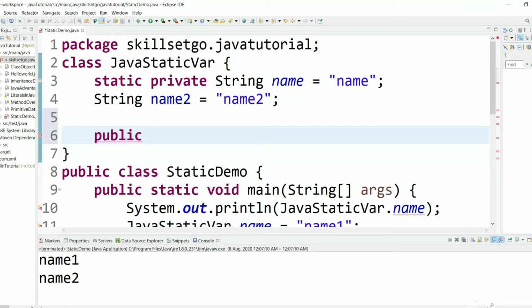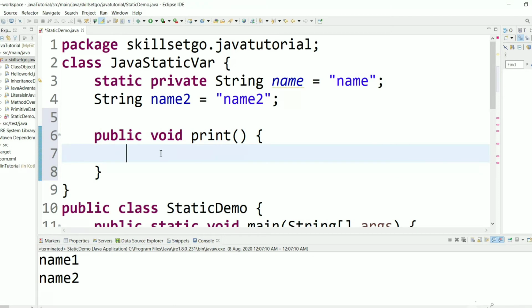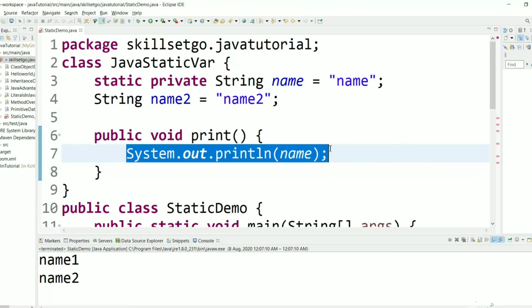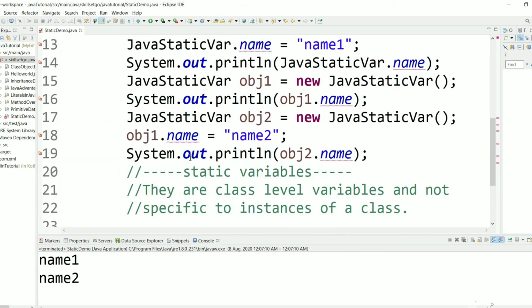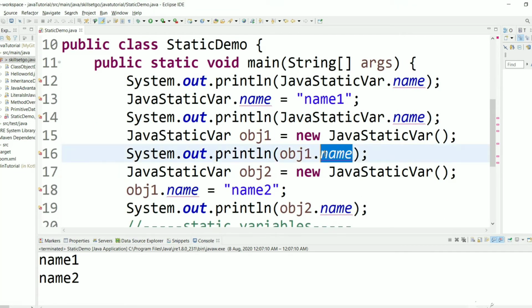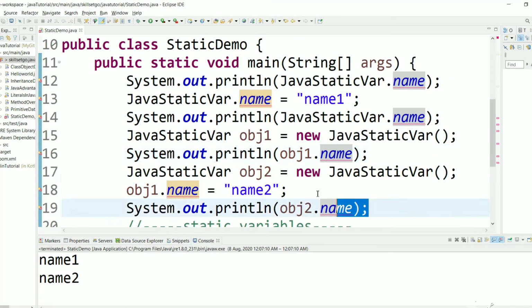Public void, let's say print, and here we need to print this name. And here you can see we are getting errors because now the access specifier is changed to private. Then we can't access it from outside.